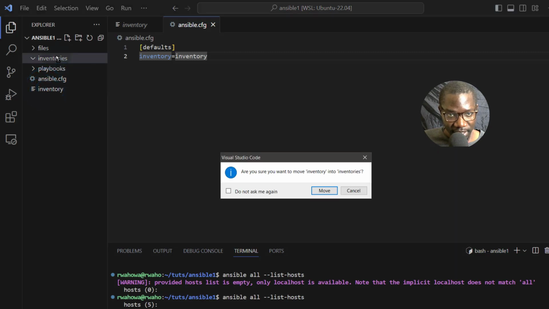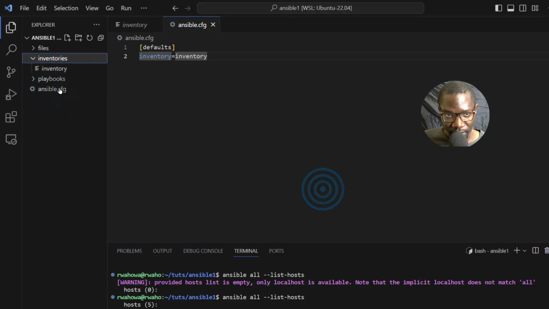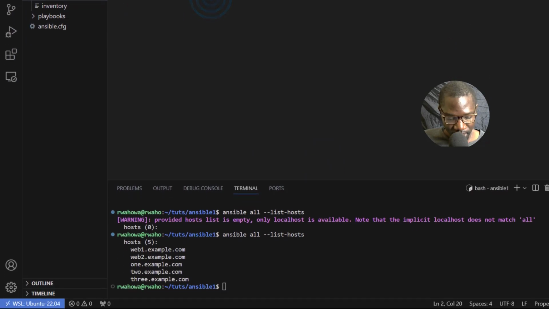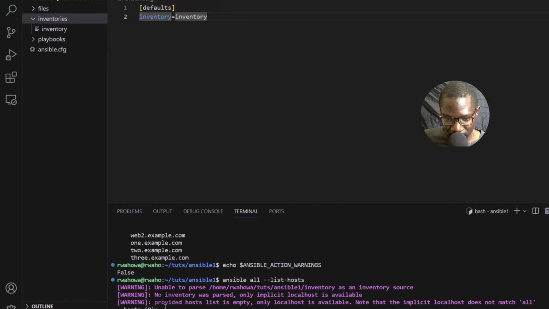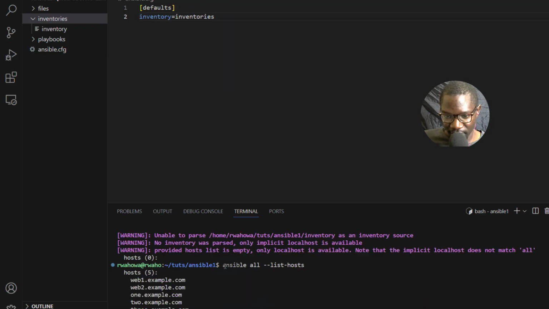Move, yes, I'm sure. So when I do this, Control S, let's see, enter, and it says unable to parse home as an inventory source. Okay, that's because it doesn't exist. We have inventories. Let's see if I have to explicitly tell it the path. So when I do this, you can see I will have inventories there.